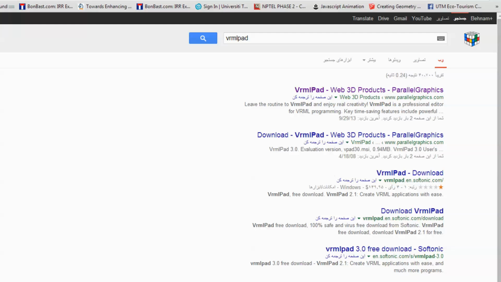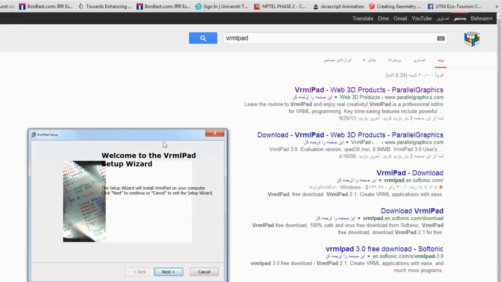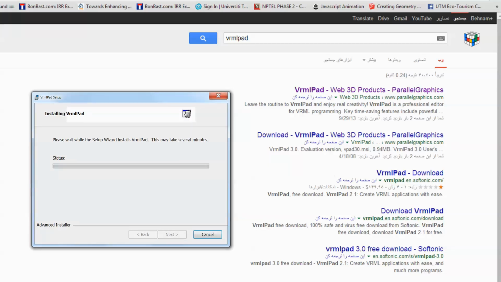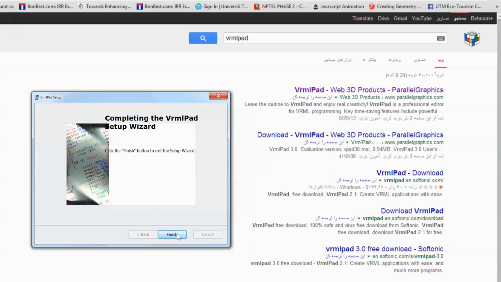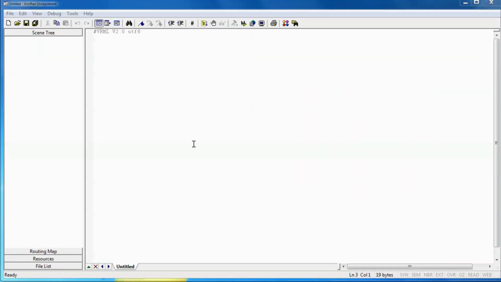create your own model. I just downloaded the VRML pad from this web page, Parallel Graphics, and now I'm just going to install this application on this computer, and then we will see how we can do the modeling in VRML. After installation, we click finish, and the application is already installed. So this is the interface of the VRML pad, and you can type the simple text language of the VRML in this environment